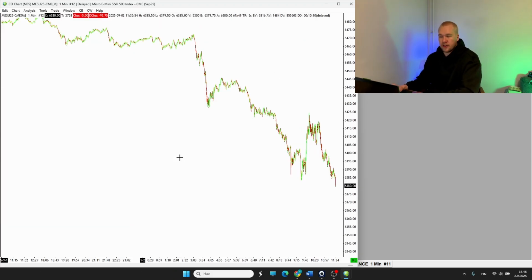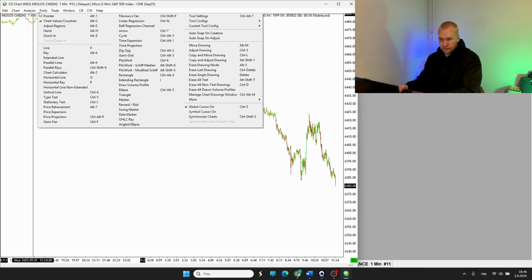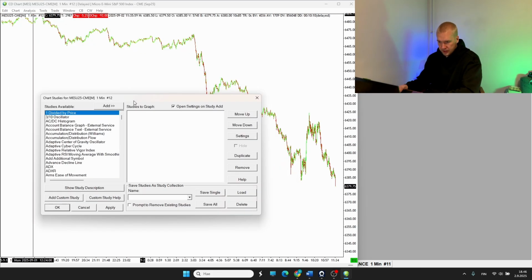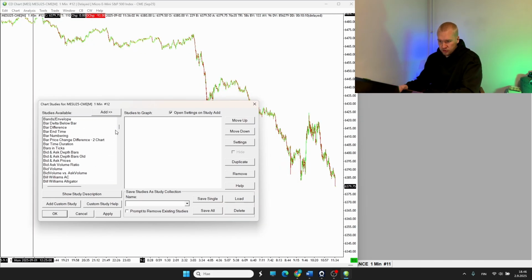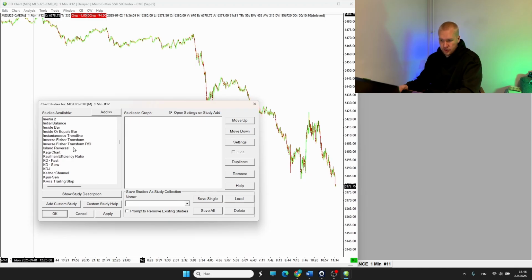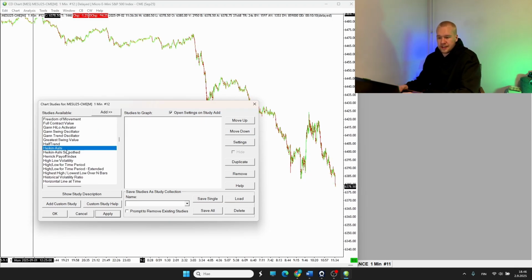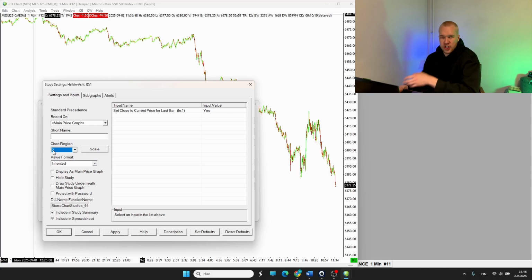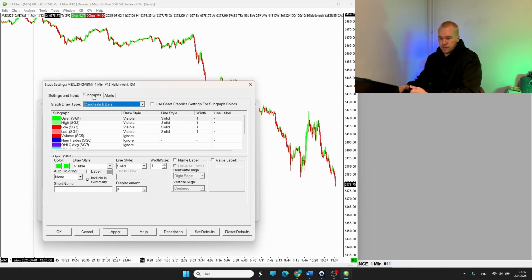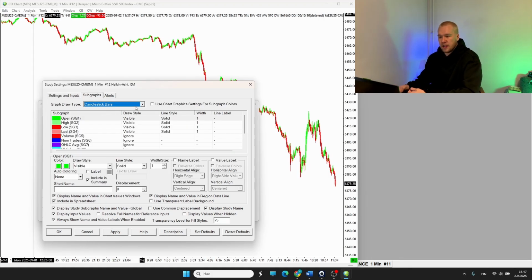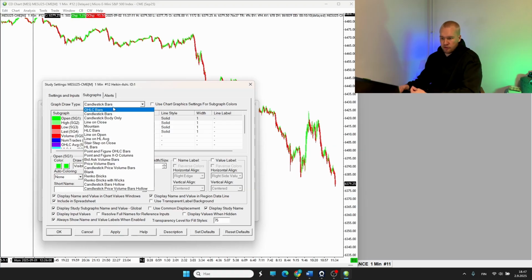Now we get to the interesting settings. So come to studies, and we're actually going to take the Heiken Ashi here. The first study we'll take is the Heiken Ashi, and there's 2, so just take the first one. You want to change the chart region to 1, so it'll replace the current chart. Then we come to subgraphs, and this is where we actually change the graph draw type. And here we'll put the HL bars,